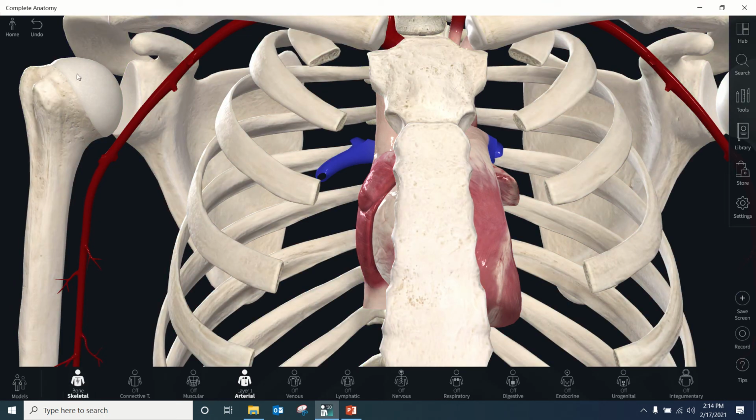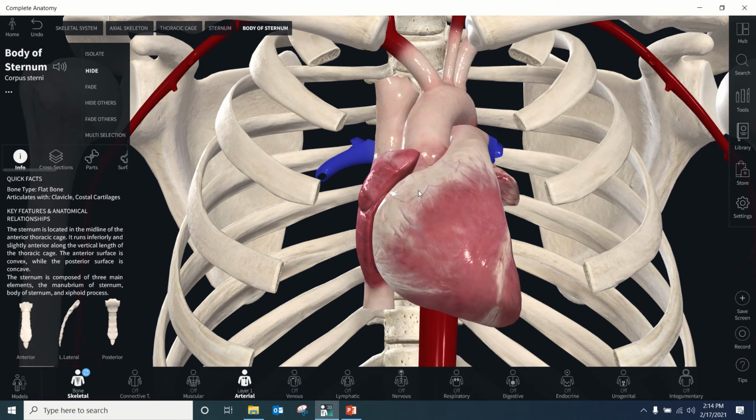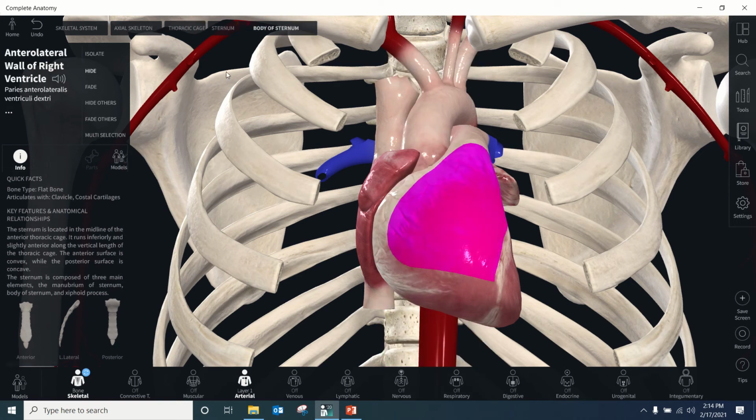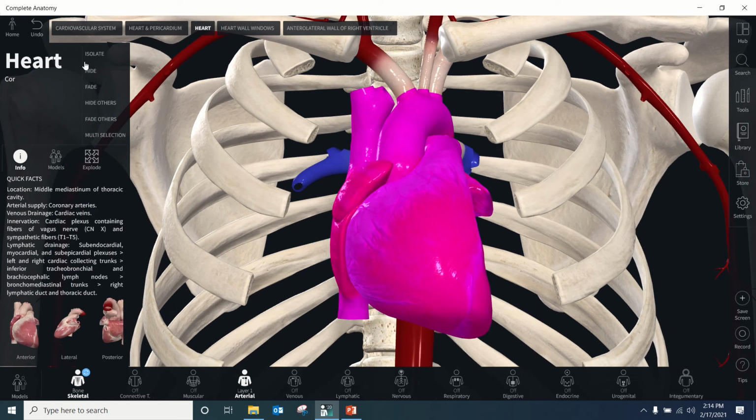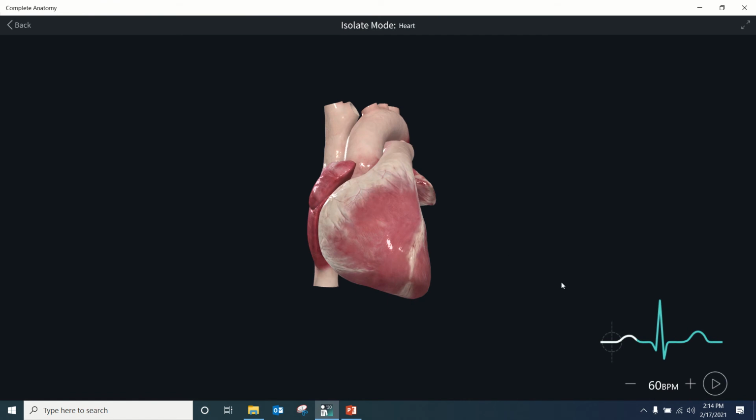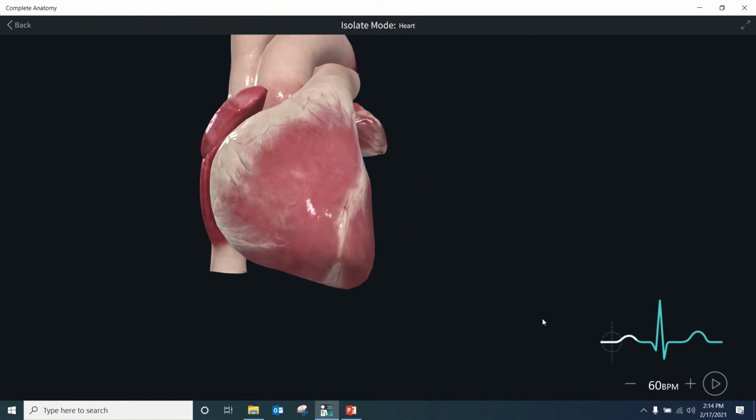Okay, so again, got to go back and hide the sternum, sorry. Hide that. All right, so on the heart, if we then isolate it, so we just did that. There we go. So if we isolate it, then what you can see, because toward the end of this chapter,